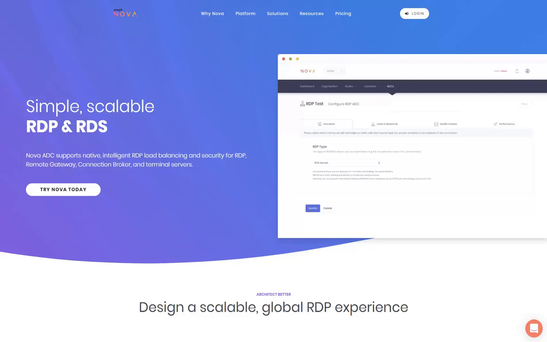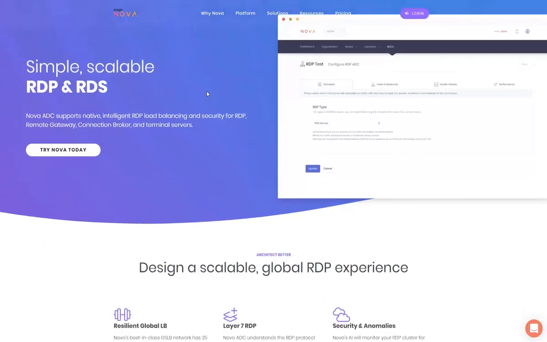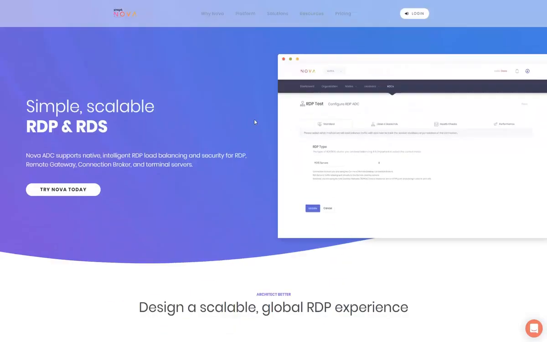Hello, and welcome to our demo of setting up an RDP load balancer on the Nova ADC platform. As you can see here, I'm on our Nova website on the RDP webpage, and I'm going to log into